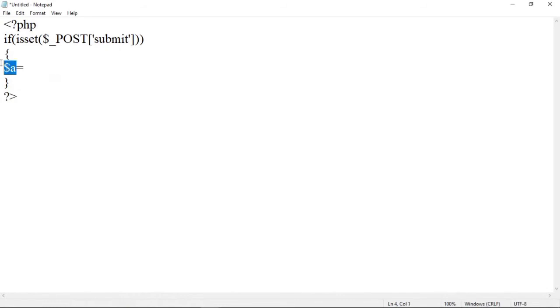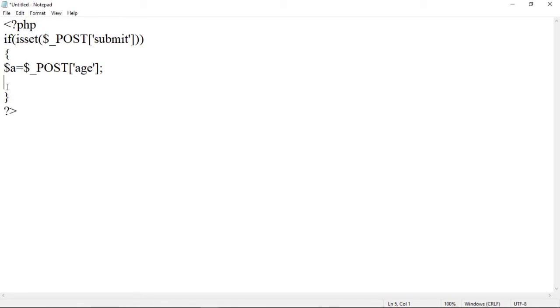So for that we have declared one variable a. Now let us retrieve the value from the previous form. So to retrieve a value, we will use $_POST, and within the age text box there is a value of age, which will now be stored in variable a, that is $a. So we have got the value of age in variable a now.